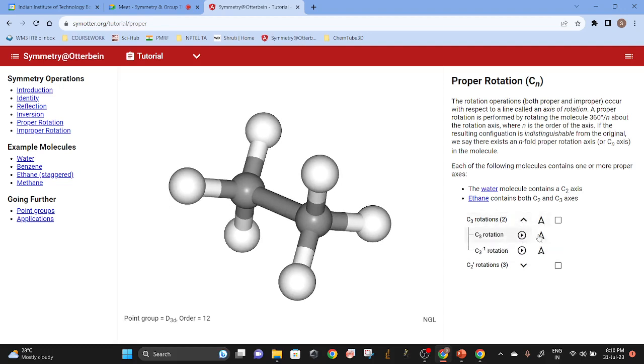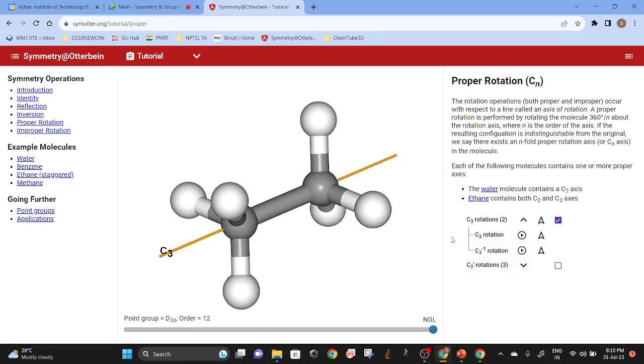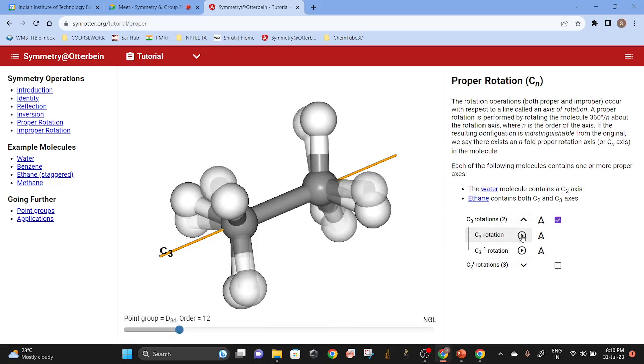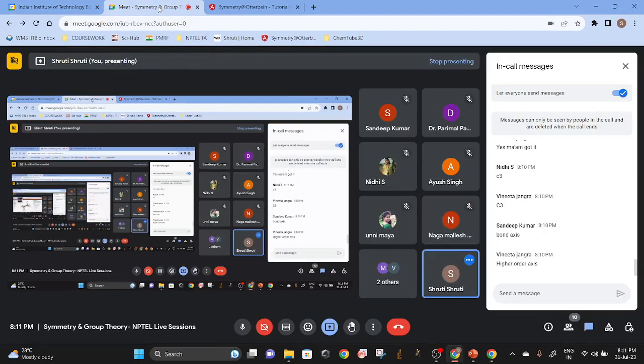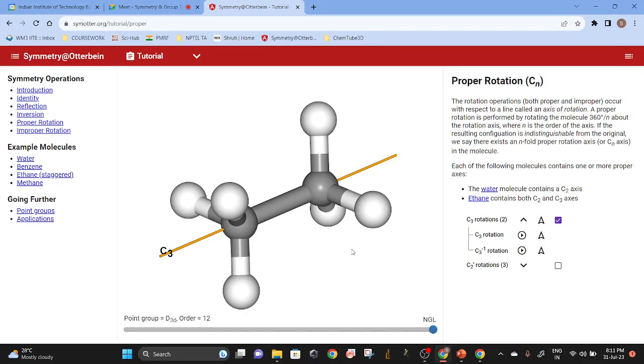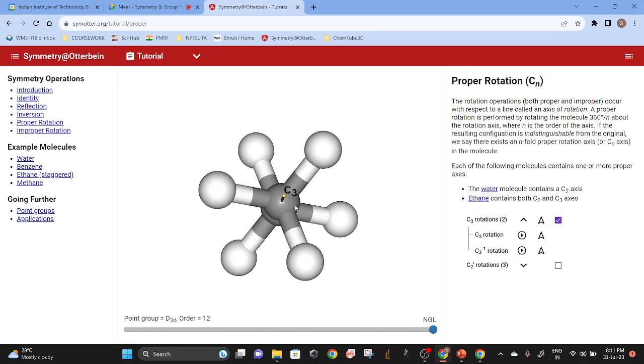Now let's see C3. Let me show them. Here there is no confusion because it is two different orders. C3 has the highest order, so C3 is the principal axis. So see the rotations. C3 means rotation by how much? 3 means 360 by 3, which is 120 degrees. So from this view, see the top carbon only, this bond angle is 120 degrees. So when I apply C3,